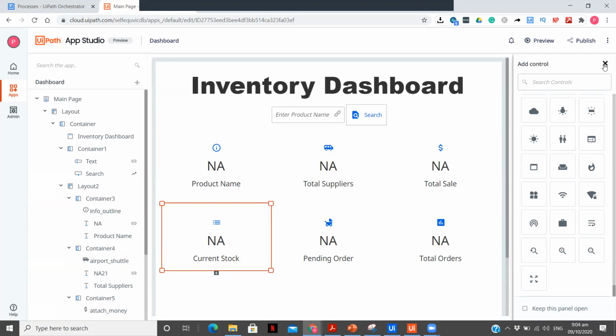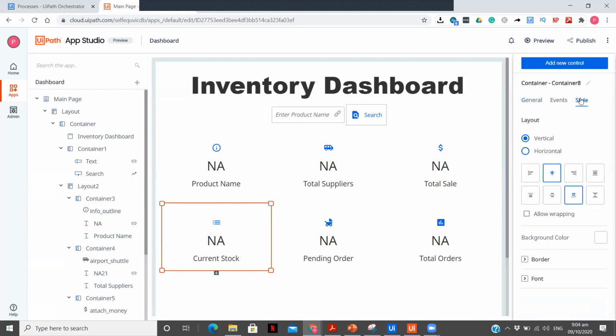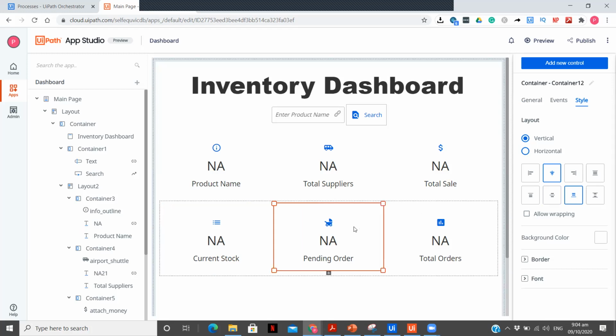And now let's see the styling of this as well. So you see, you click vertical only and you select these two options. When you select these two options, first of all, it comes in the center, and the second is it goes from bottom to up. So you see, it's the format of the container that I've kept. Similarly, going over here and going over here.